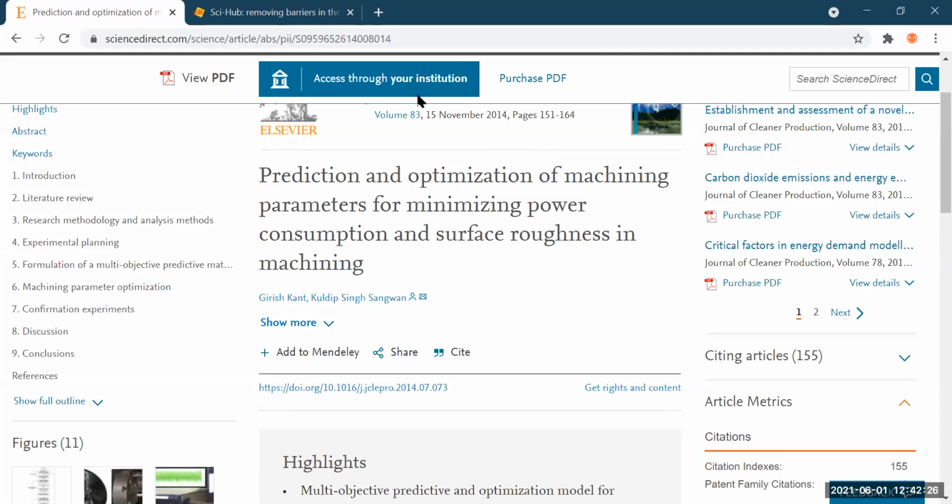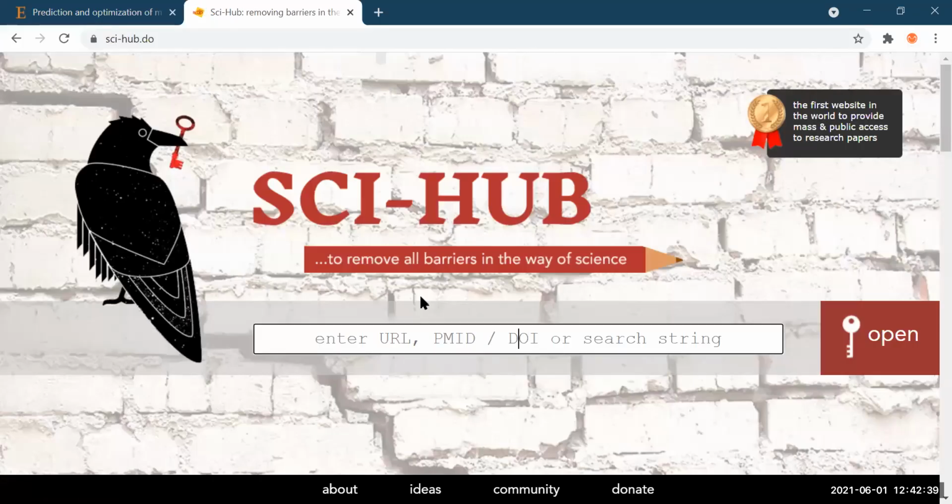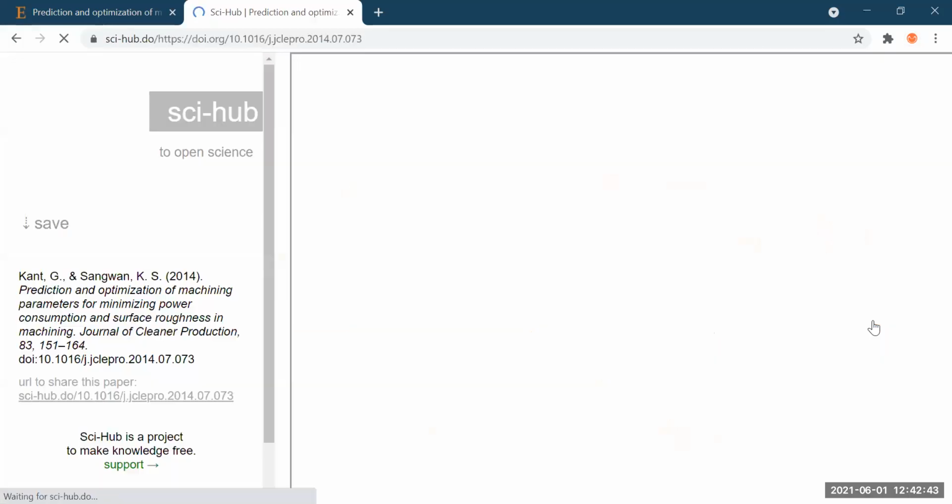Generally, you can see for this paper, here is the DOI. DOI is the digital object identifier. Copy this and paste it in this link. Now click open.